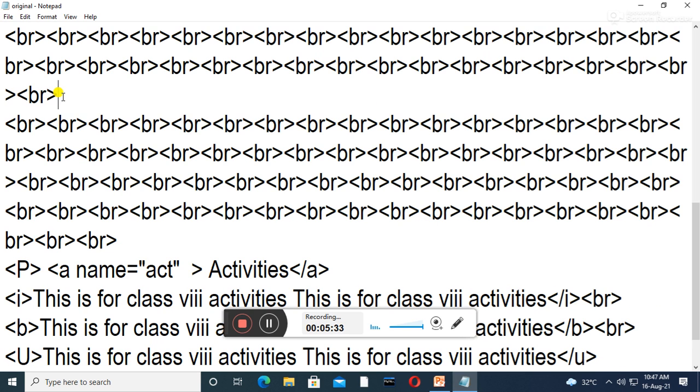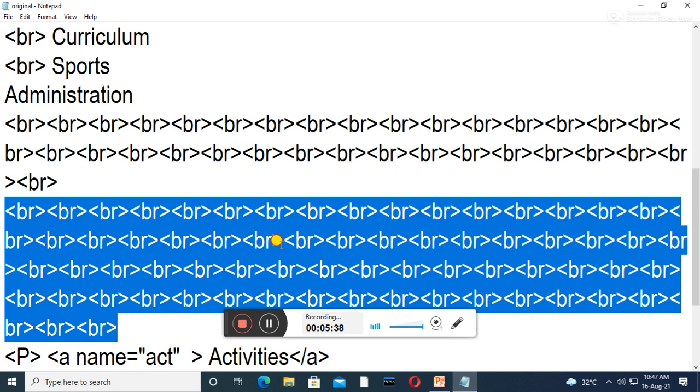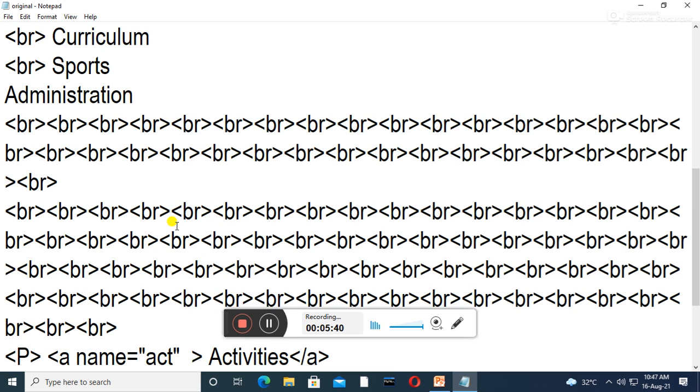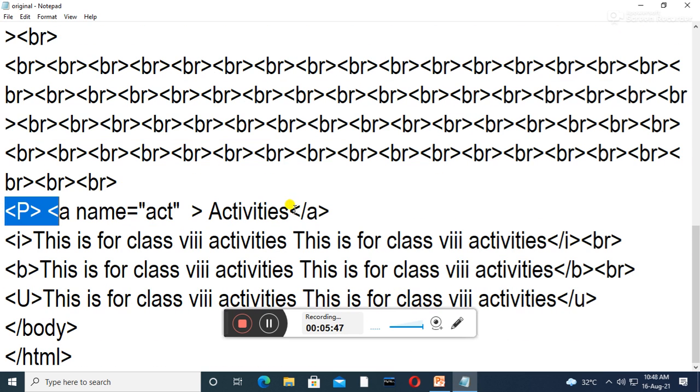Now here I have used too many BR tags to break lines, to help you understand and show the usage of internal linking. Suppose here is any paragraph, any matter, any text. This is your explanation section. I have used the P tag to create a paragraph, to display text in the form of a paragraph. Again I have used the A tag, and in place of href I have used the name attribute.